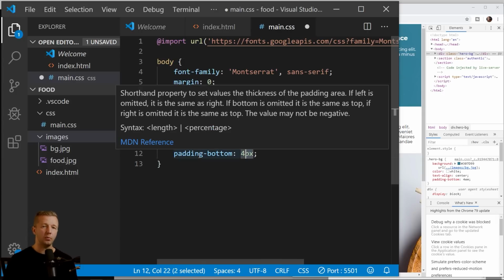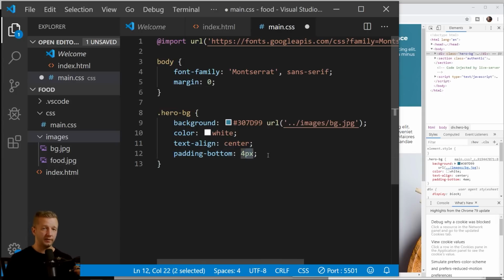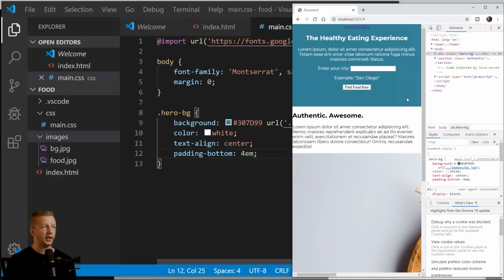But for padding and margin, for the margin values, I recommend using the EM unit, and it's a flexible unit, as you'll see when we get into responsive design. So I'm just choosing 4EM for padding bottom. If we hover over this now, you'll see that green area is just 4EM